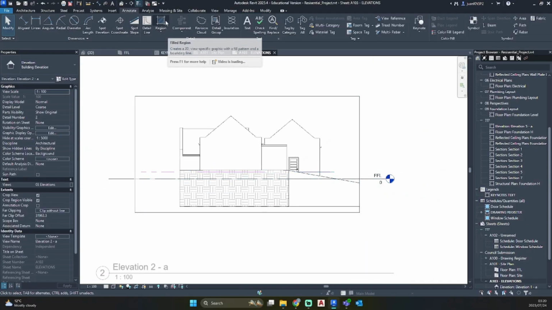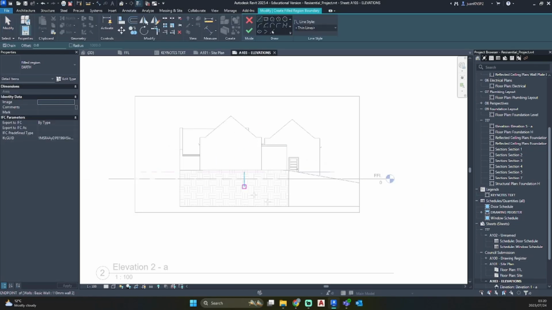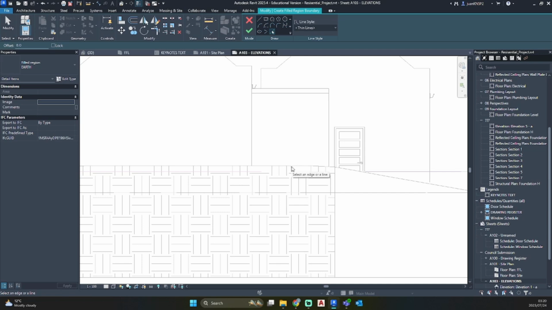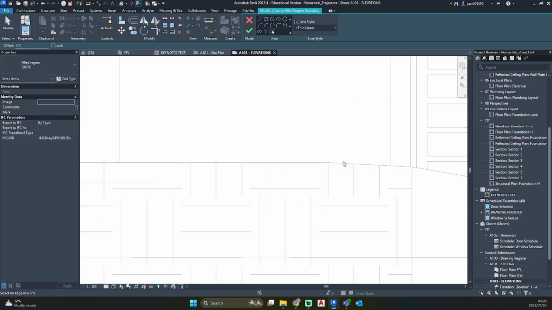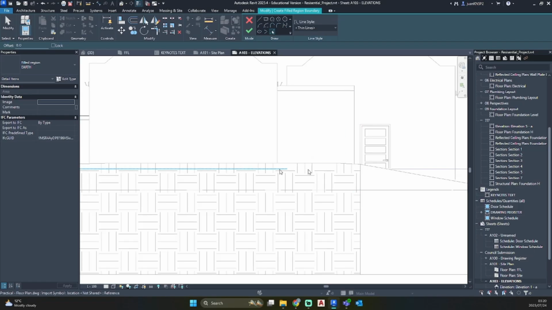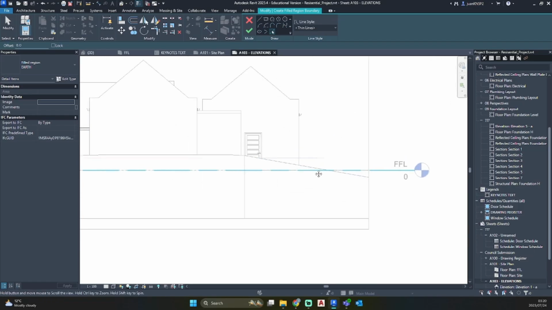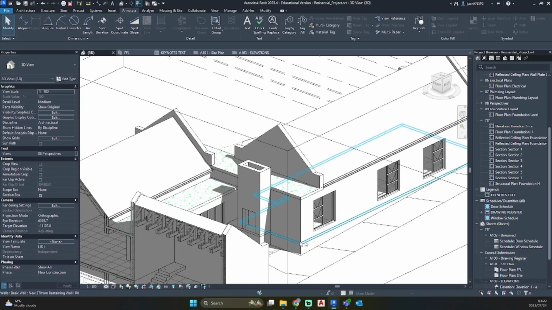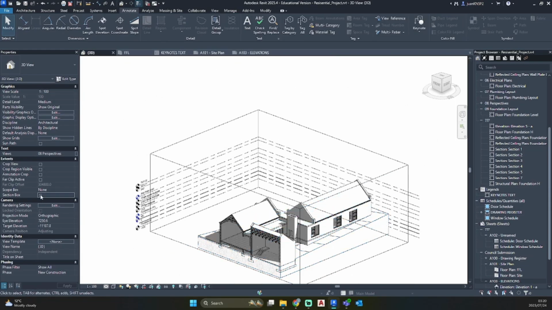So let's go ahead and draw in our region fill while we're at the beginning. We'll use my pick lines tool again. Okay, so it doesn't want to snap to that cut pattern. So I am going to turn off my section box.